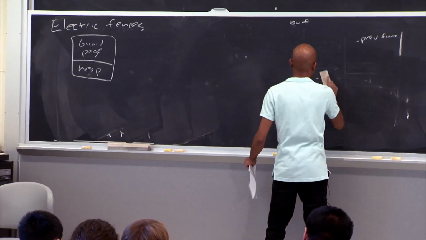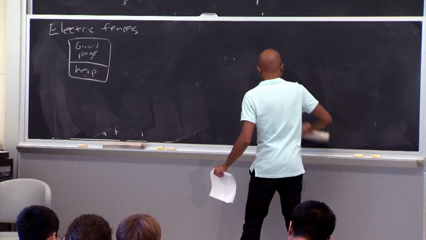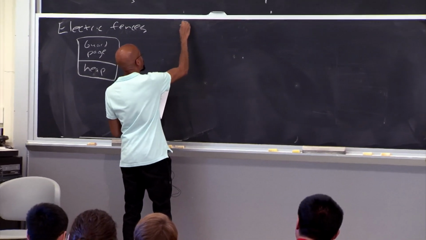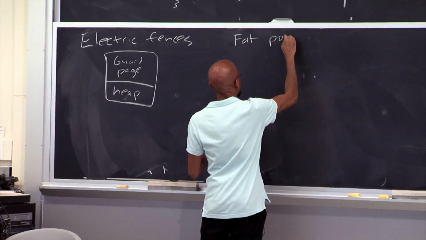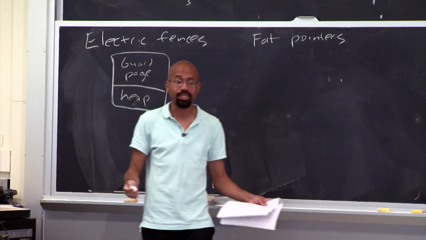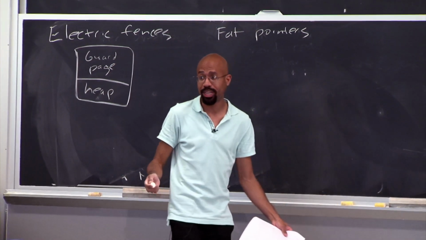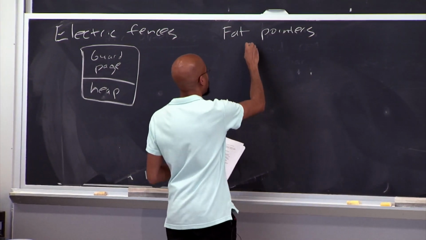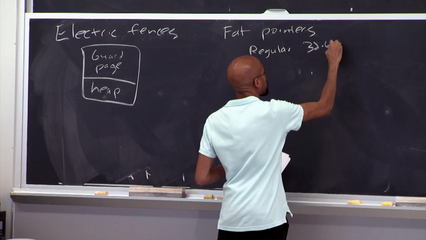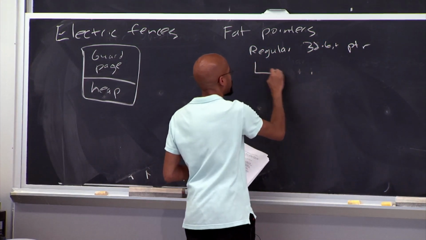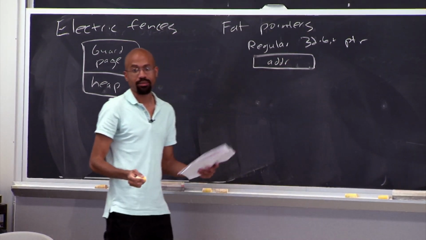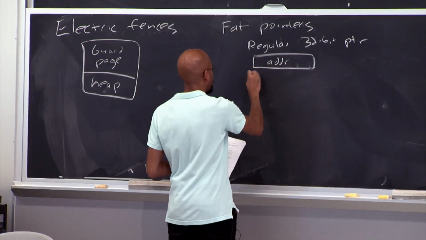And then another approach you can look at is what they call fat pointers. The idea here is that you actually want to modify the pointer representation itself to include bounds information in it. So if you look at your regular 32-bit pointer, what does it look like? Well, it's just 32 bits, an address, right? If you look at a fat pointer,